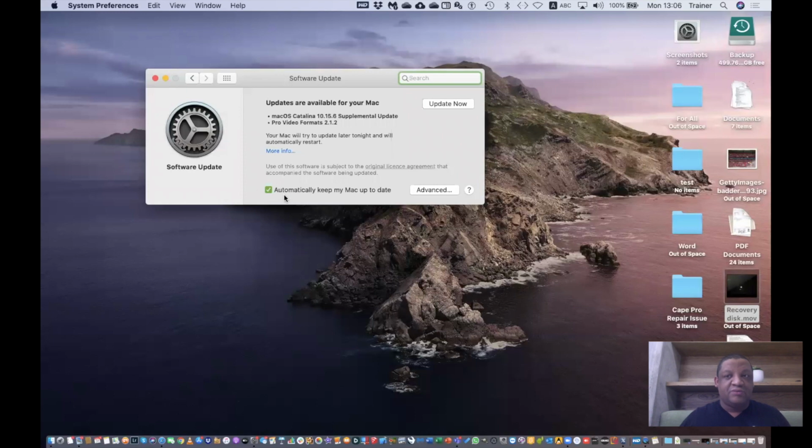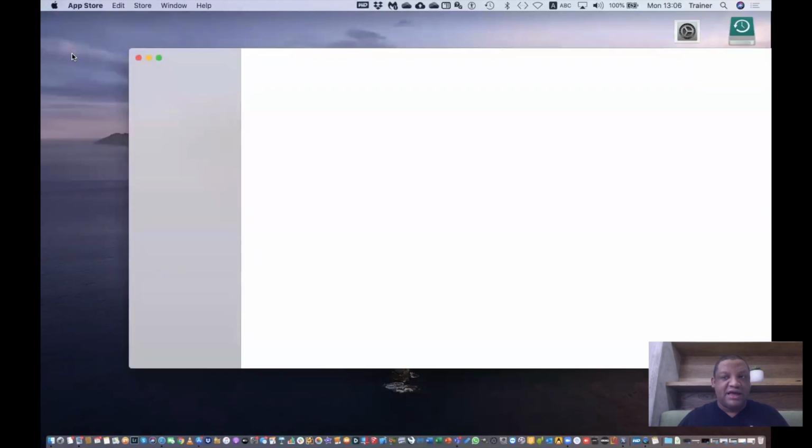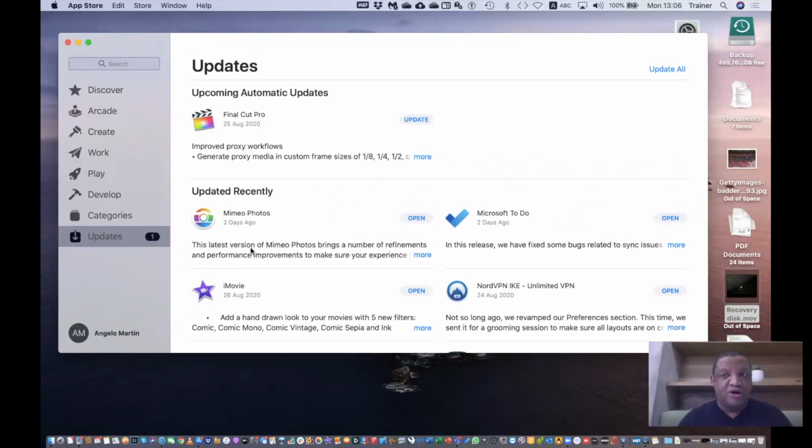Also, upgrades will appear here. Now, the other updates are our software, and that is when we go to the App Store. Under the App Store, this is where we'll update all of our software that comes with the Mac, as well as the software that you've purchased through the App Store. Any other third-party software that you've downloaded or installed outside of the App Store, I would say look under the About option of that